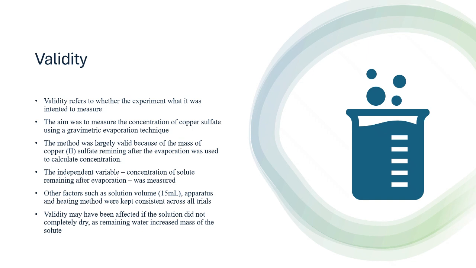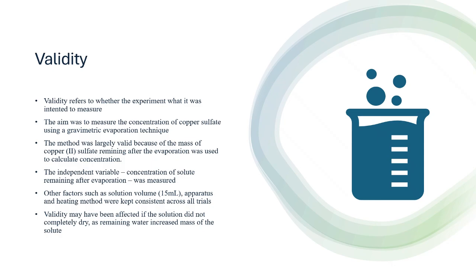The aim of the experiment was to determine the concentration of copper sulfate using evaporation. The method works by heating the solution to evaporate the solvent, which leaves behind copper sulfate crystals. These crystals can be weighed and used to calculate the concentration. The method was valid because the mass of copper sulfate remaining after the process was used to determine the concentration. To maintain validity of the experiment, some factors such as the solution volume, apparatus, and heating method were kept consistent